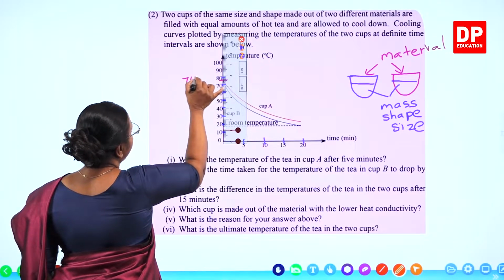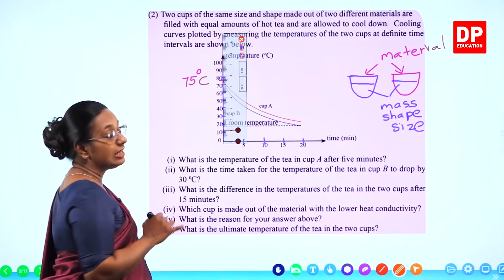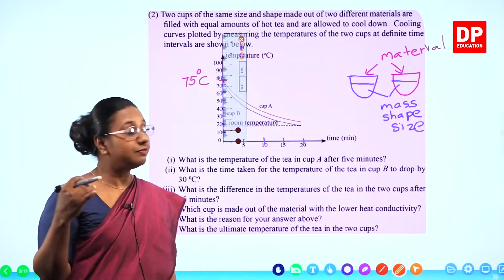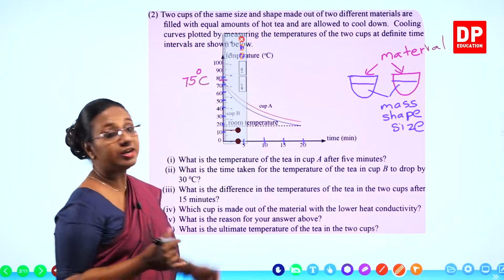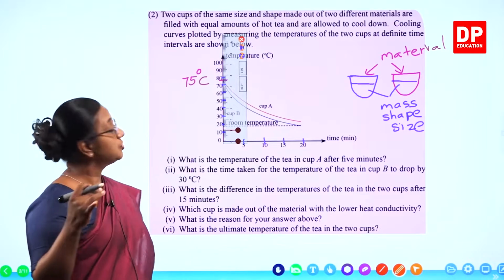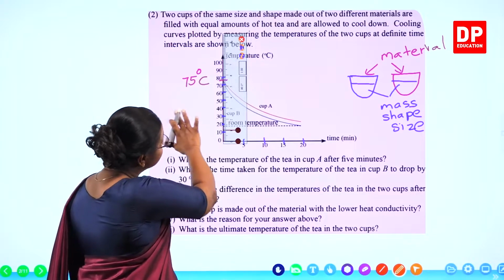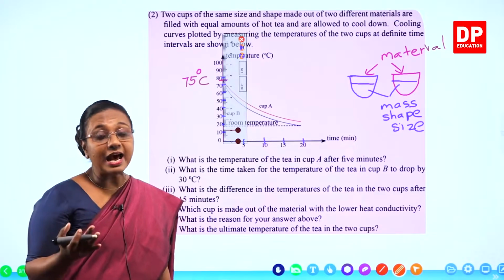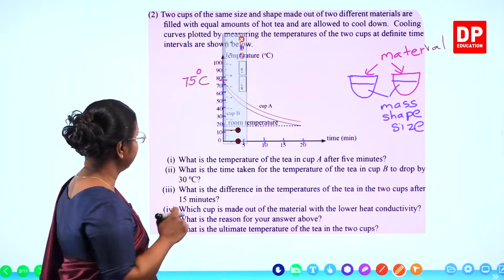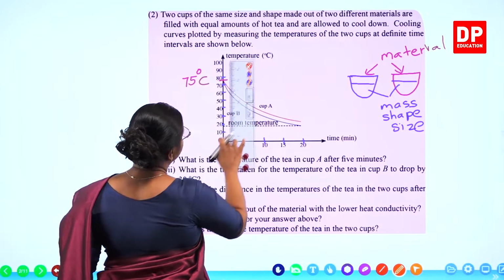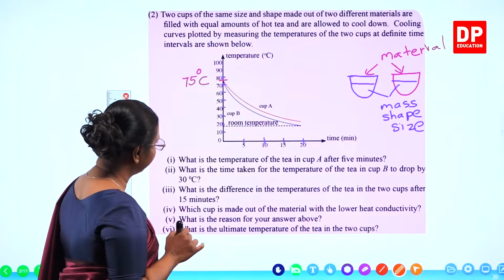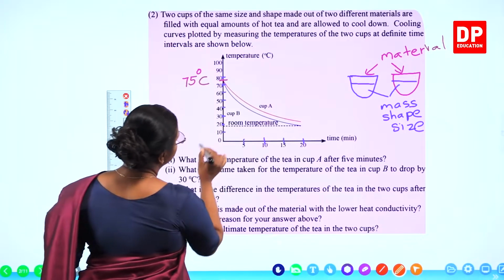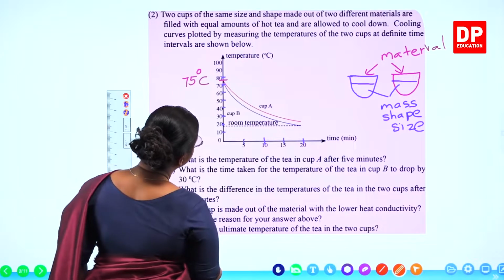So normally for y'all students, they will give you all the proper graph. This is also a proper graph. Only thing is the values are not exactly shown to y'all. So what we do is we take a certain value so that we can understand the concept easily. So that is how we will take the values there. Initial temperature 35 degrees Celsius. So the room temperature is shown here.